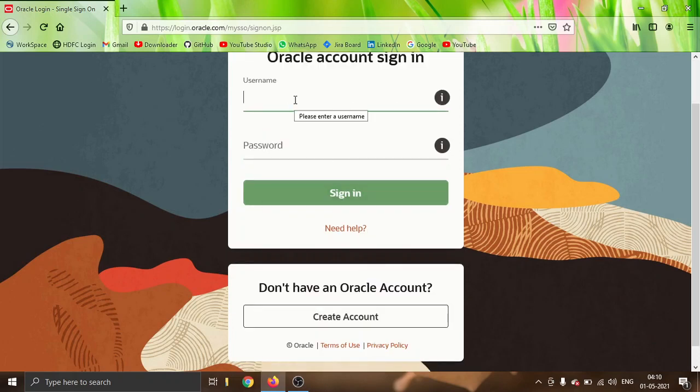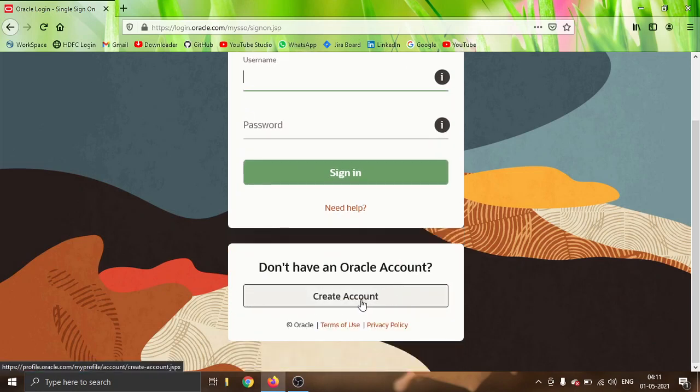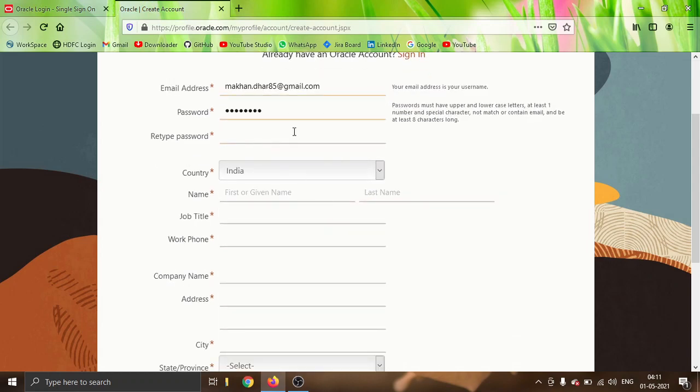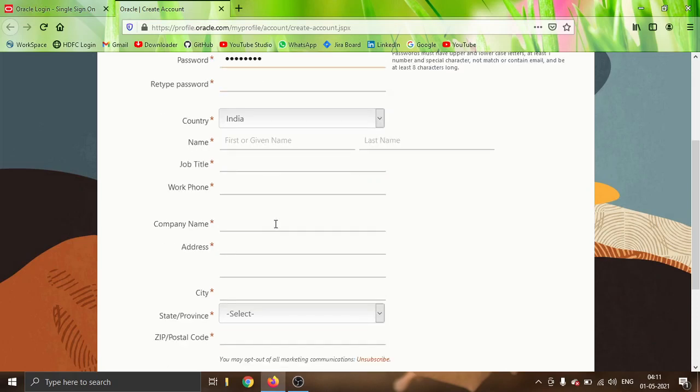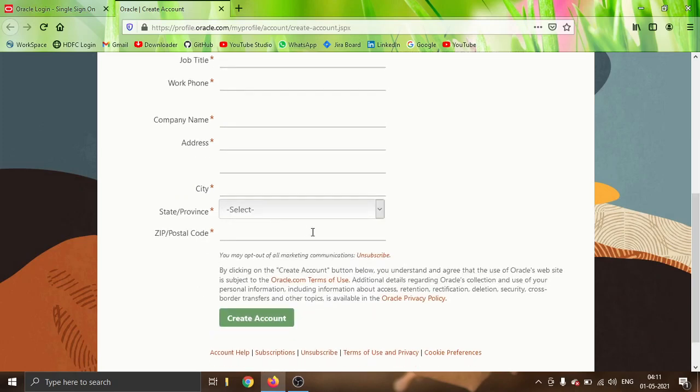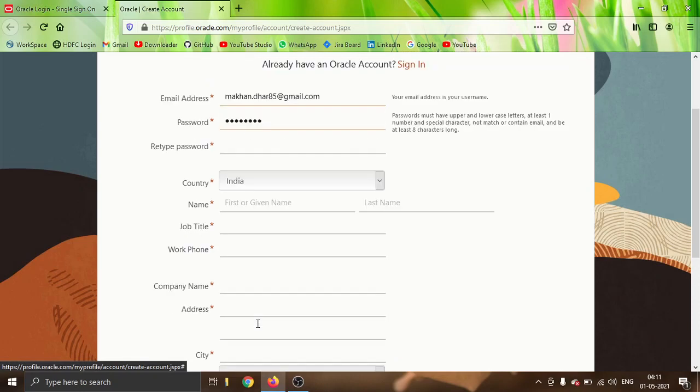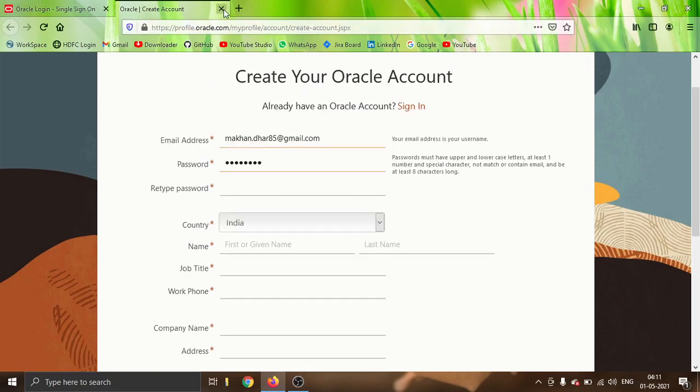You have to enter your email address and password. New users who have not created a sign-in email have to create an account. Click on that and wait for some time. Now you can see this is the page where you can create your account, and you have to fill in all the mandatory fields. After that you click on create account. For me it's already there, so I'm just